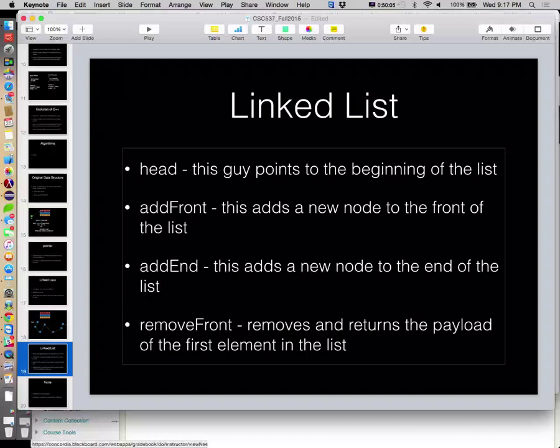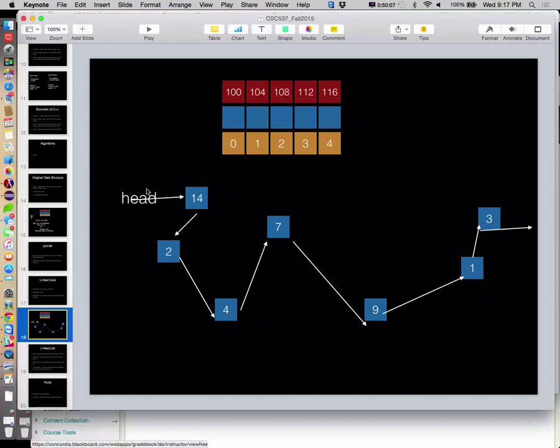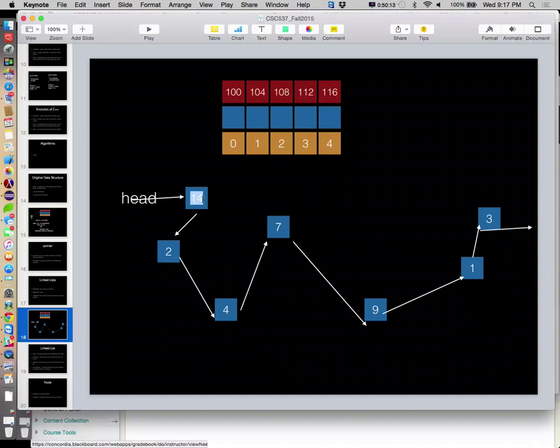Okay? So we come back to our picture here. If I say remove front, I want to ultimately return the number 14, the payload of this front node. But I also want head to point here, and I want this node to not point anywhere, so it can be automatically garbage collected.